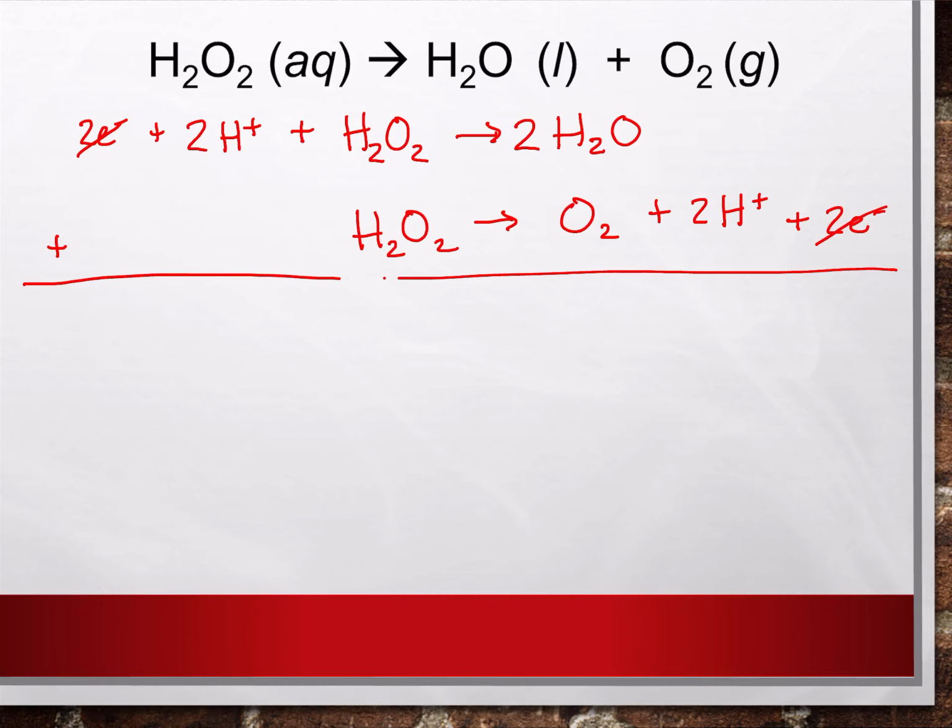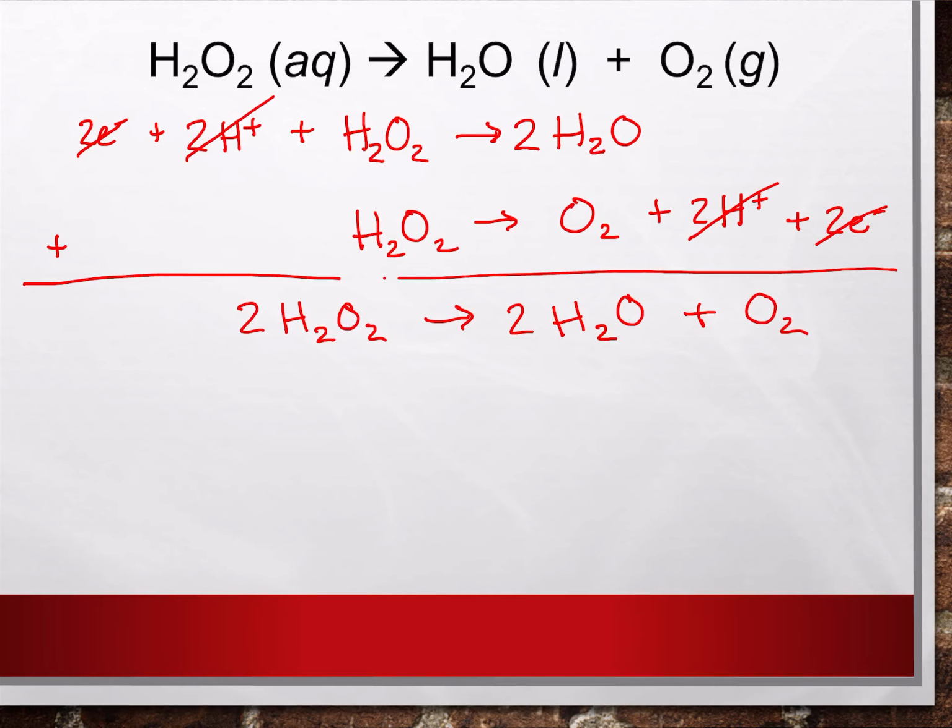Our 2 H+ are gone as well. And so now we can just add things straight down. So we have 2 different hydrogen peroxides on the left, so those end up being 2 H2O2, gives us 2 H2O plus O2. So that's how you would balance a disproportionation reaction in acidic solution,